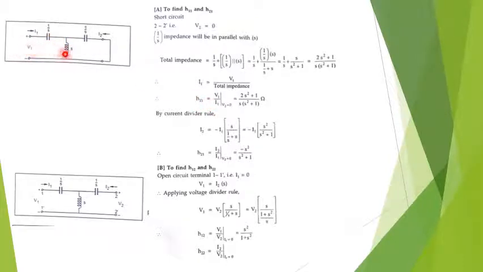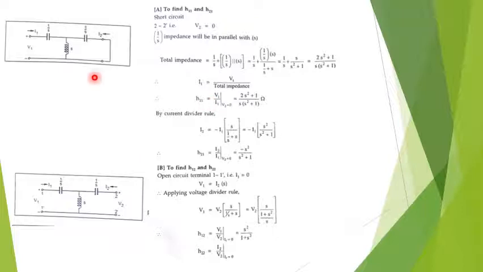terminals. Now you can see here that these two impedances are in parallel, and the equivalent of that is in series with this impedance of 1 by S. So that is what we are finding out, the total impedance. These two impedances are in parallel, so 1 by S into S divided by 1 by S plus S, and equivalent of that is in series with this impedance of 1 by S. So I add 1 by S here. So when I do this and simplify it, the equivalent impedance as viewed from these two terminals here works out to be 2S square plus 1 upon S into bracket S square plus 1, which is nothing but our first hybrid parameter, that is H11, which is nothing but V1 upon I1.